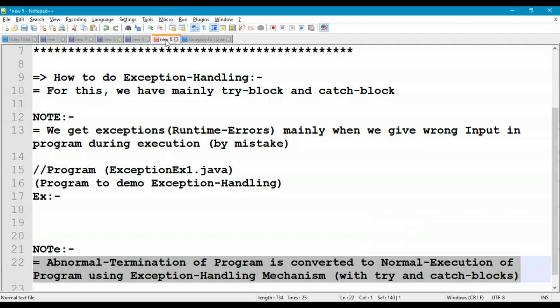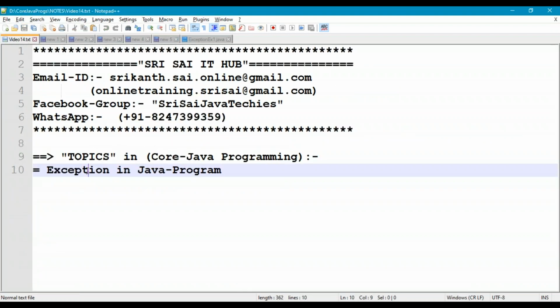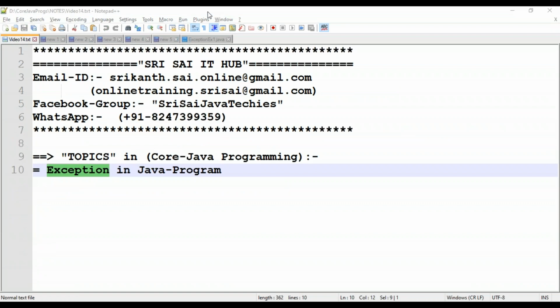So this is what the exception handling mechanism is: providing a proper solution for runtime errors using a try block and its corresponding catch block. That is all about in this video, guys.